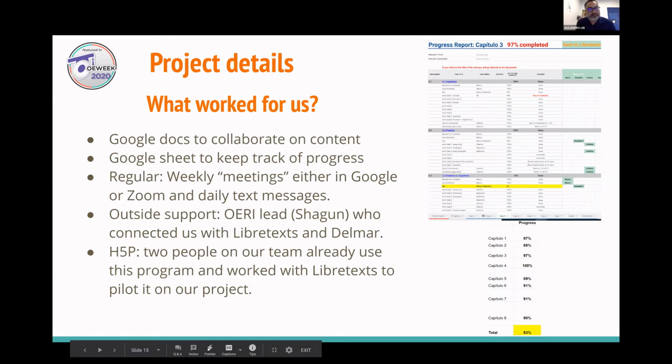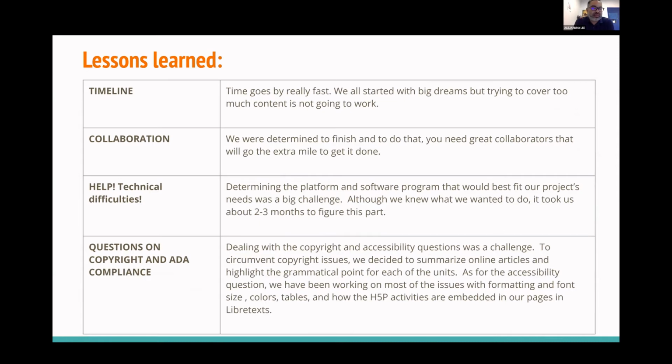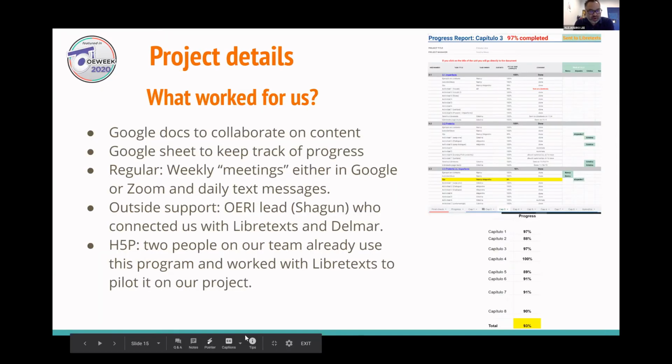Okay, so what worked for us, the project details. We started with Google Docs, and we would all collaborate and work on content. Once we finished an article or some activities, Cristina would copy and paste it into Libretext and create the activities in H5P. Towards the end of the semester, we were running late, so she was very smart, and she created